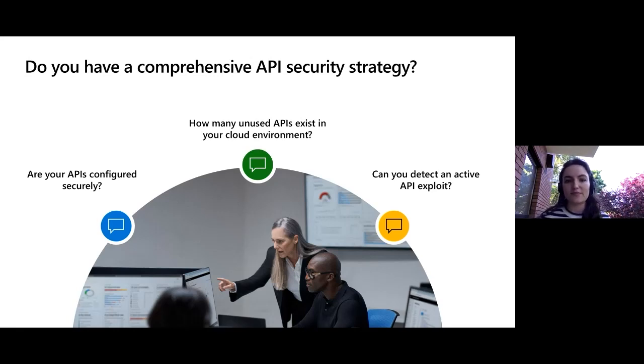If there are legacy APIs, maybe you should consider getting rid of them. Also, if they're exposed to the internet, that's another red flag. And then, can you detect an active API exploit? If there actually was to be an attack on your APIs, would you have something to detect it with?